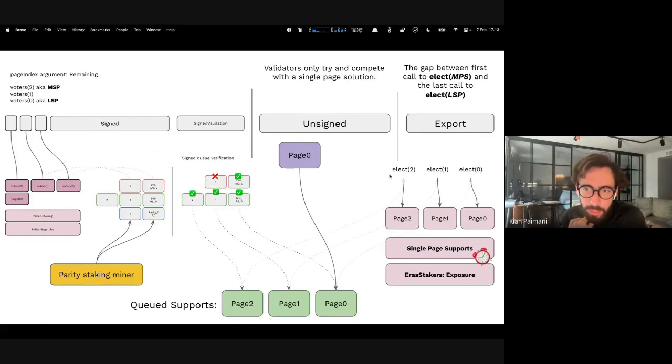Yeah, there you have a call to elect with index 0, elect with index 1, elect with page 0. Again, these page indexes are both a page index and implicitly mention how many pages are remaining. And then staking will need to process this on its side as well. It needs to merge these different pages into a single page support